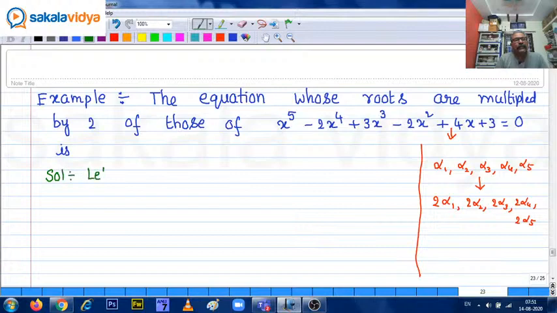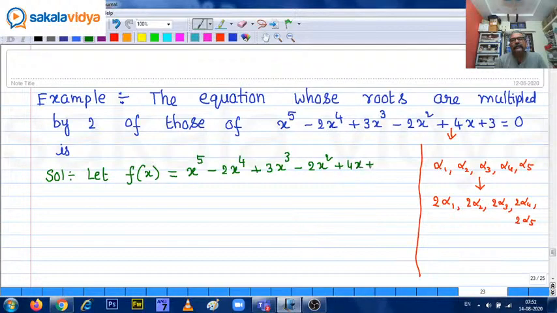So let us say the given equation is f of x equals x to the power of 5 minus 2x to the power of 4 plus 3x cube minus 2x square plus 4x plus 3 equals 0. So now the required equation is,